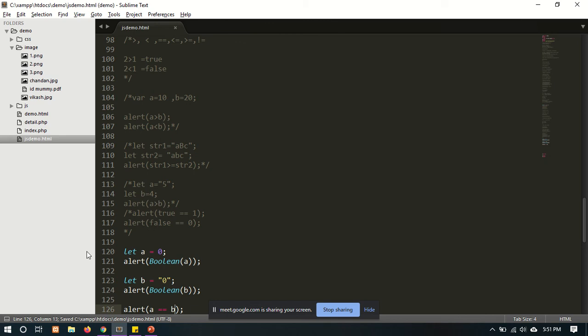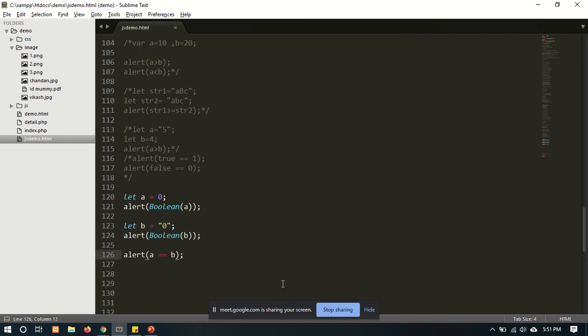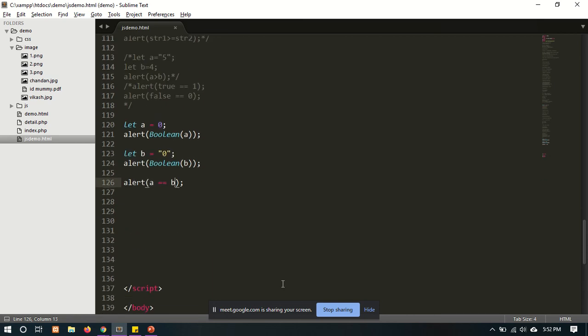Here we are assigning 0 in a and we are converting a into boolean format, means the boolean value of 0 is false. Here we are checking the value of 0 is false. यहाँ पर हमने चेक किया था हमारे false का वैल्यू 0 होता है, सो हमने A में 0 असाइन किया और उसको कन्वर्ट कर दिया boolean में, मीन्स इट इज अ false. नाउ हमने B में स्ट्रिंग स्टोर किया है 0, हमने उसको फिर से कन्वर्ट कर दिया boolean में, और हम लोग क्या चेक कर रहे हैं, इफ A इज इक्वल टू बी, हम लोग कंपेयर कर रहे हैं A B के इक्वल है या नहीं.